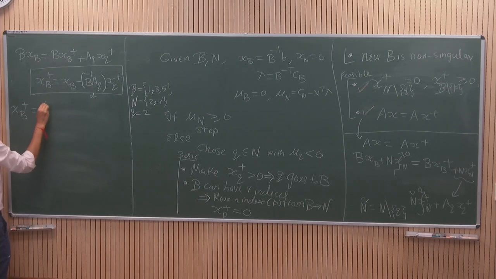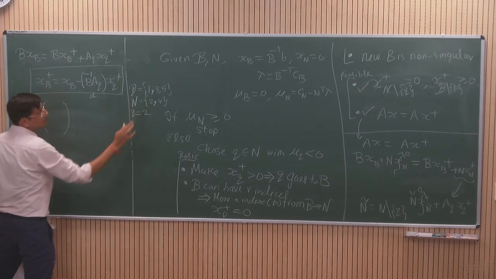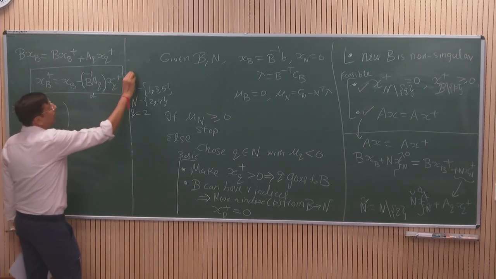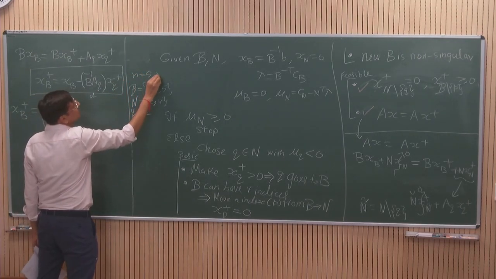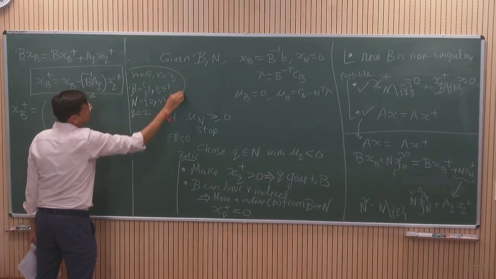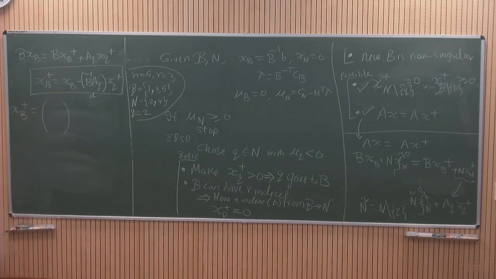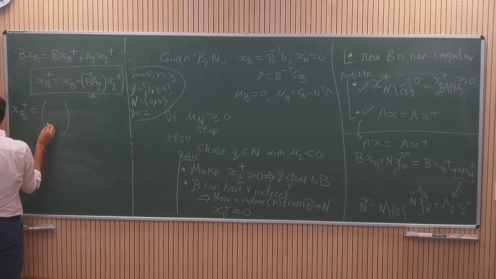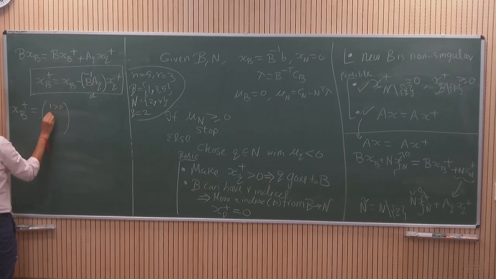Let's do an example. Let's say you get some values, and the problem which I am doing is this. N is 5 and R is 3. And this was the set which I was carrying with me, just to explain to you. Okay. So how many elements will XB have? 3, right? So let's say the values of that are 1, 2 and 3. Let's say, I'm just giving some trivial example. All these values are